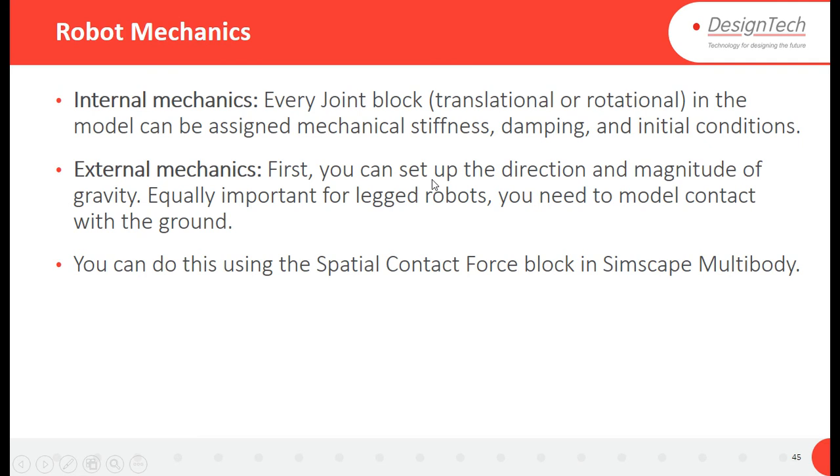External mechanics, first you can set up the direction and magnitude of gravity. Equally important for leg robots. If I am designing the leg robot, that robot which I was showing you, you need to model contact with the ground. So two kinds of mechanics are there, internal and external, because external forces you are giving to make the motion. Internal mechanics means you are calculating the parameters of the joints of the robots. Okay,